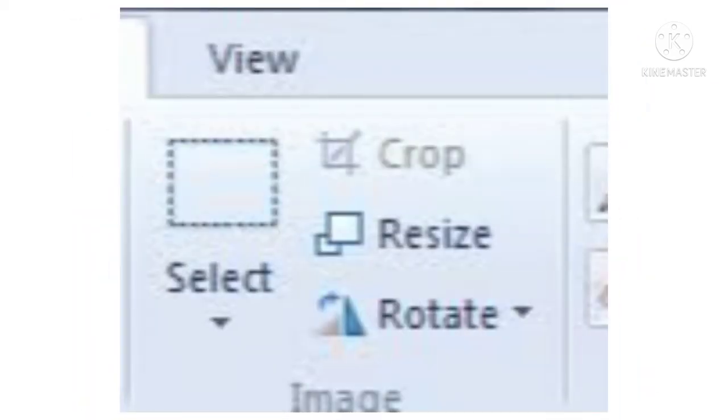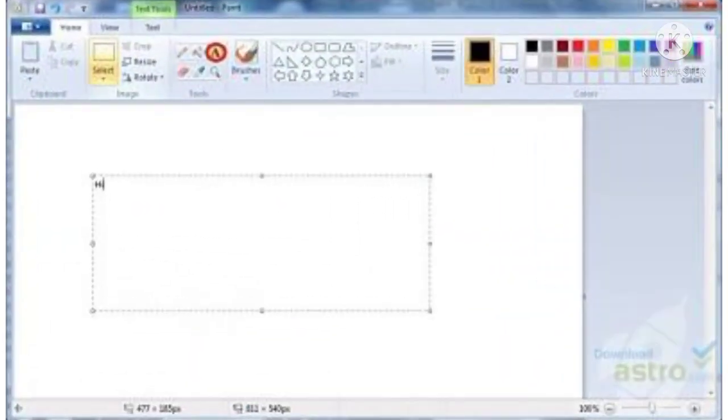The select tool enables us to select a part of the picture. You may select a part of the picture to move or copy it. To select a part of the picture: Number 1, click on the select tool.